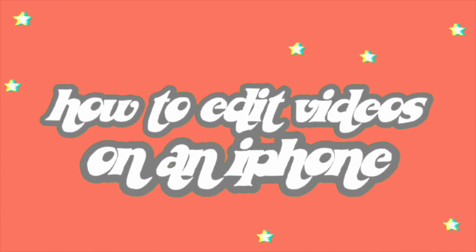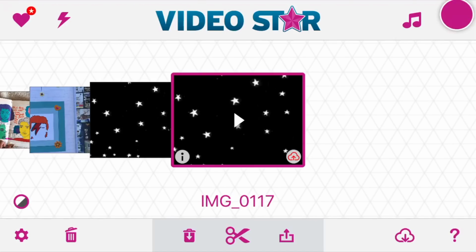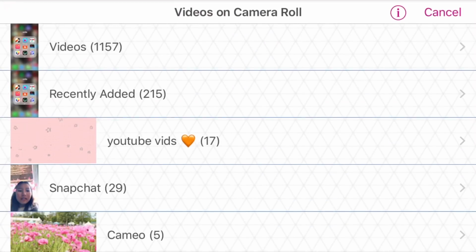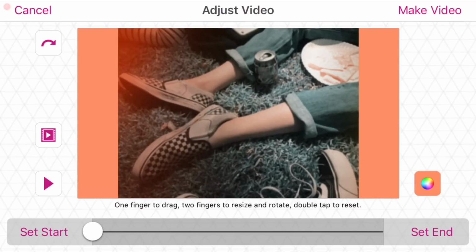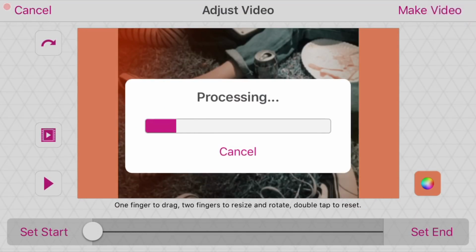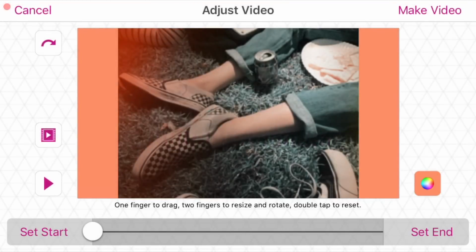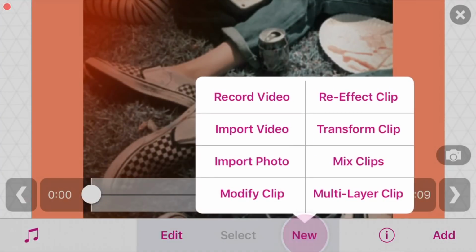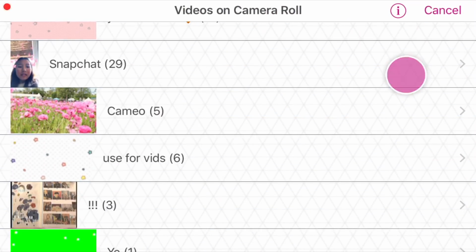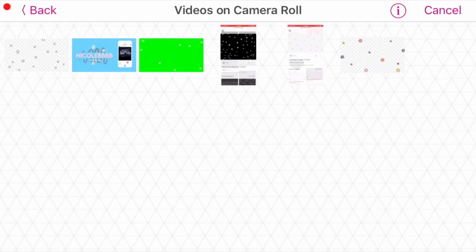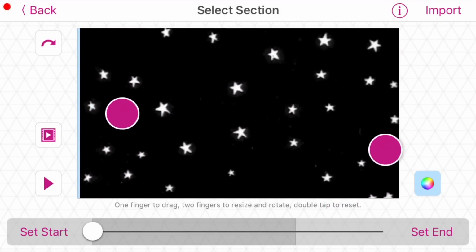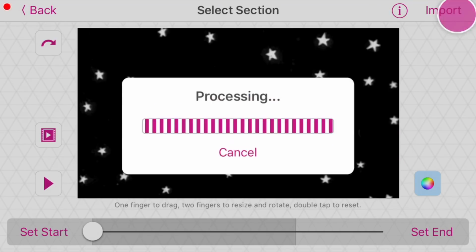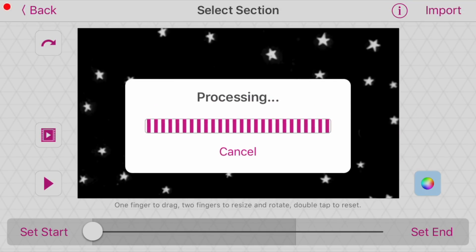So now I'm just going to be showing you guys some cute different ways to make some aesthetic videos. So I'm going back onto Video Star and I'm just importing whatever video I want to edit. And as you can see, the video was not the right format, so Video Star actually gave it a cute little border, which I think is super cute. And I'm going to be importing an overlay that I literally just googled Tumblr star GIF and then I screen recorded this, and I'm going to be just changing the size